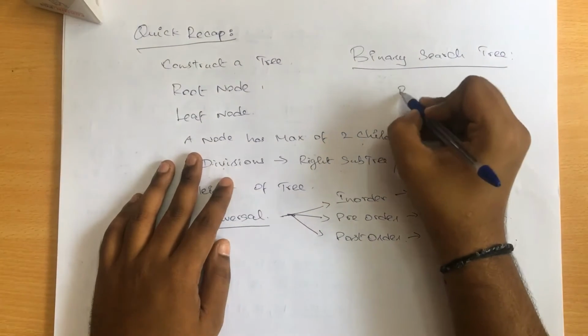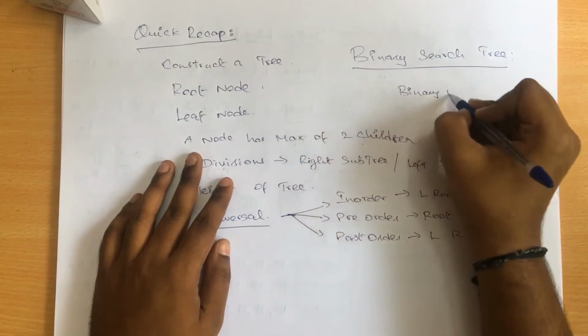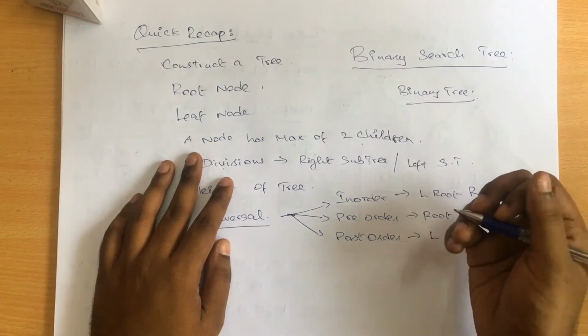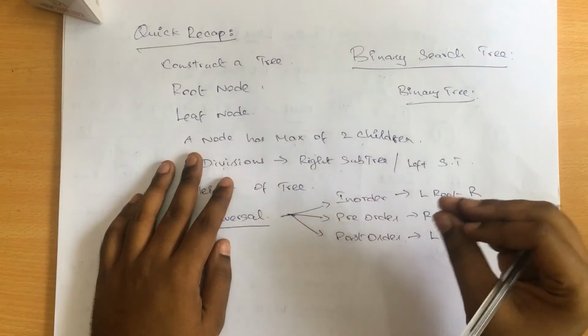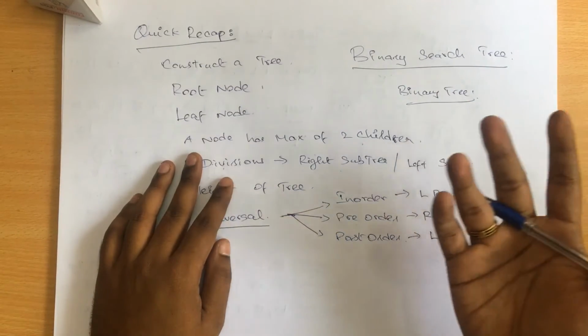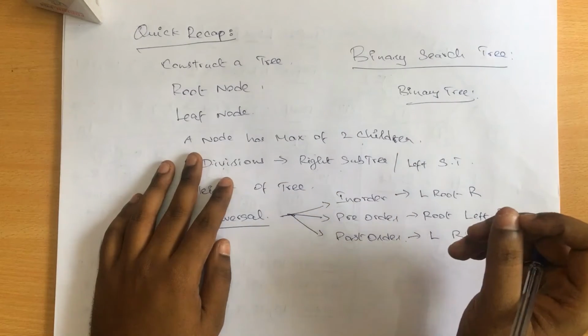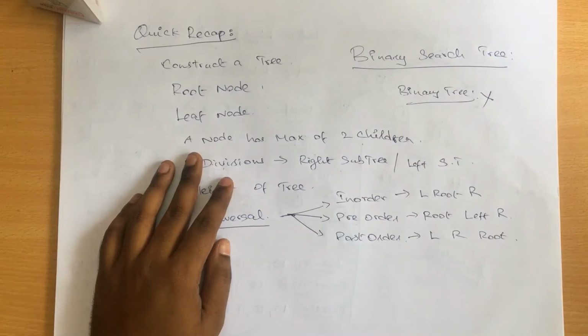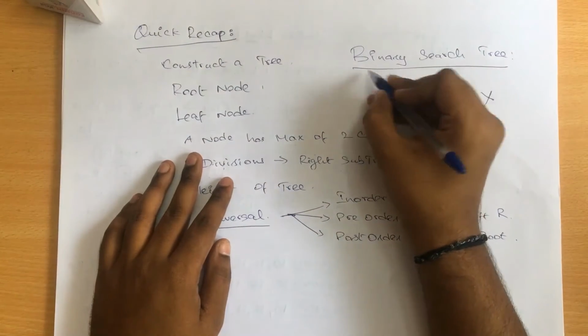But if I take the binary tree, it actually won't be in a proper form. For example, the nodes will be arranged as per the insertion order itself. It won't mind whether a value is less than or greater than the root and so on. It will just follow the insertion order itself. So we won't prefer a binary tree for our implementation. We can focus on the binary search tree.